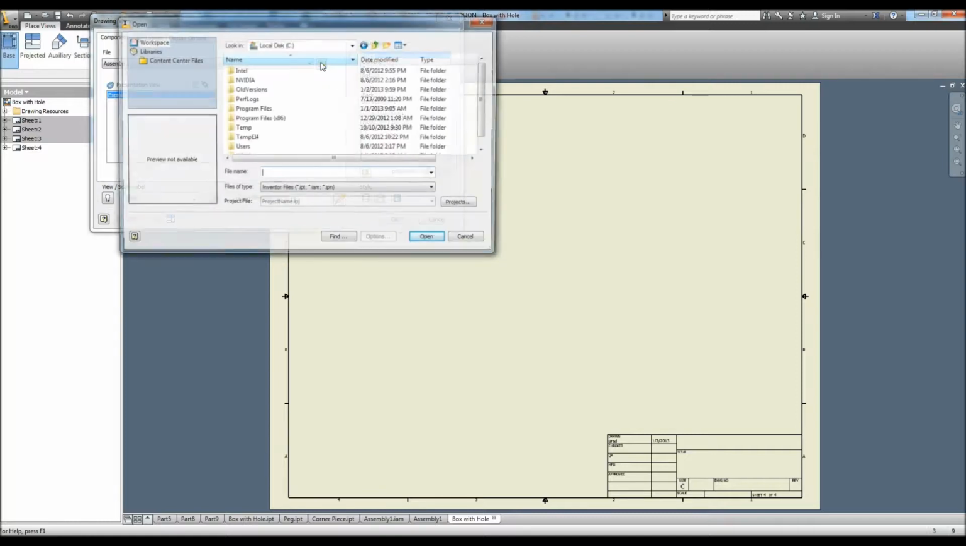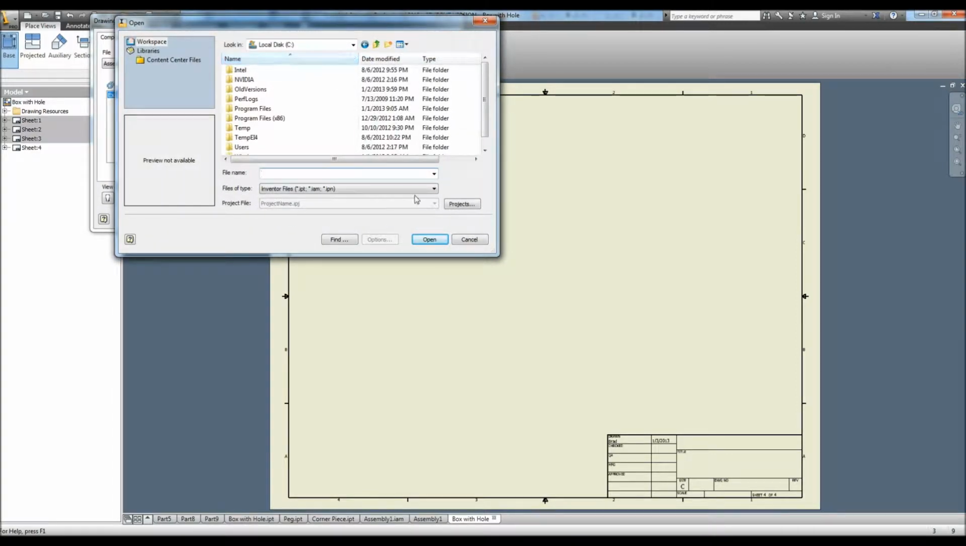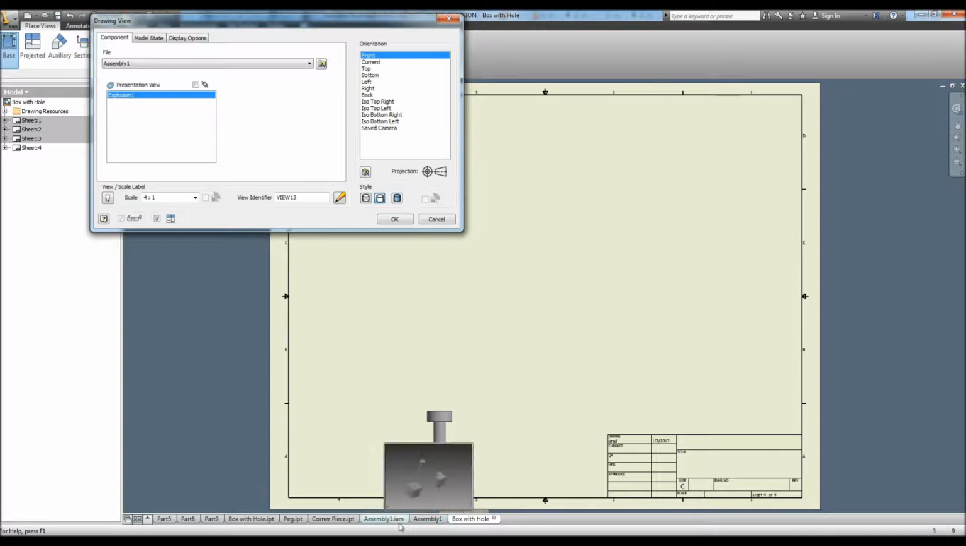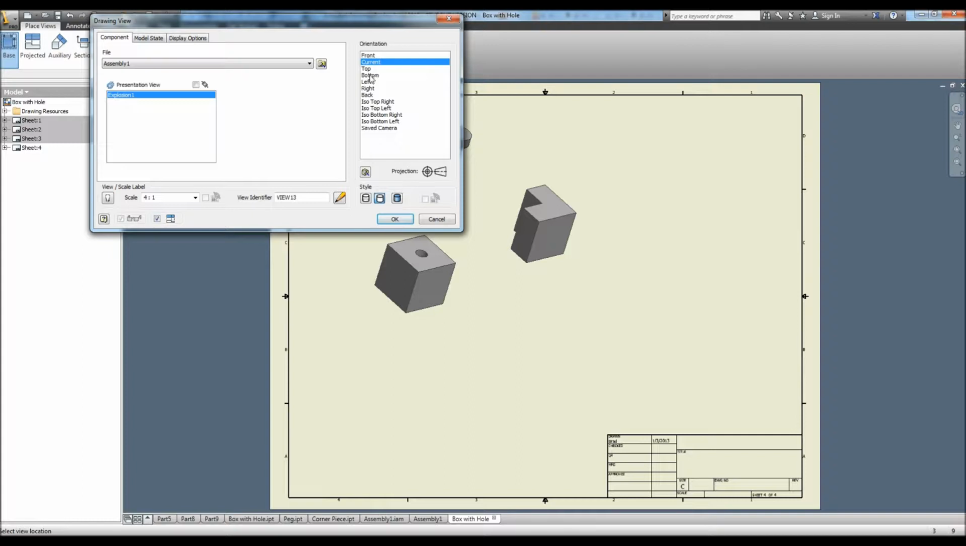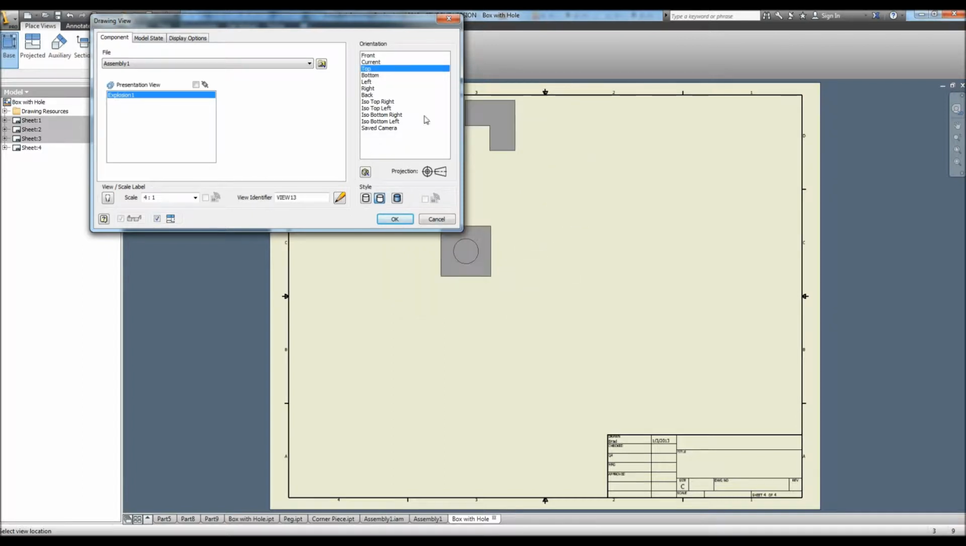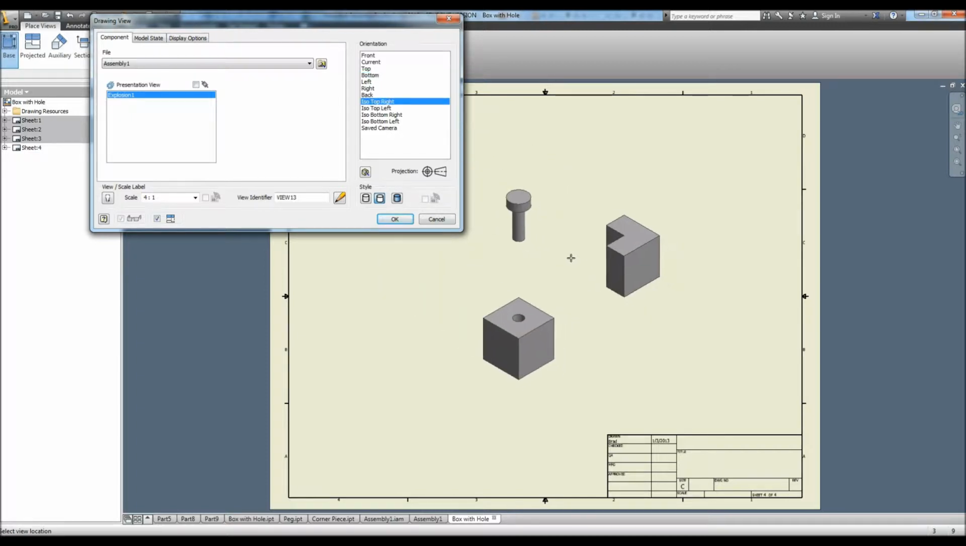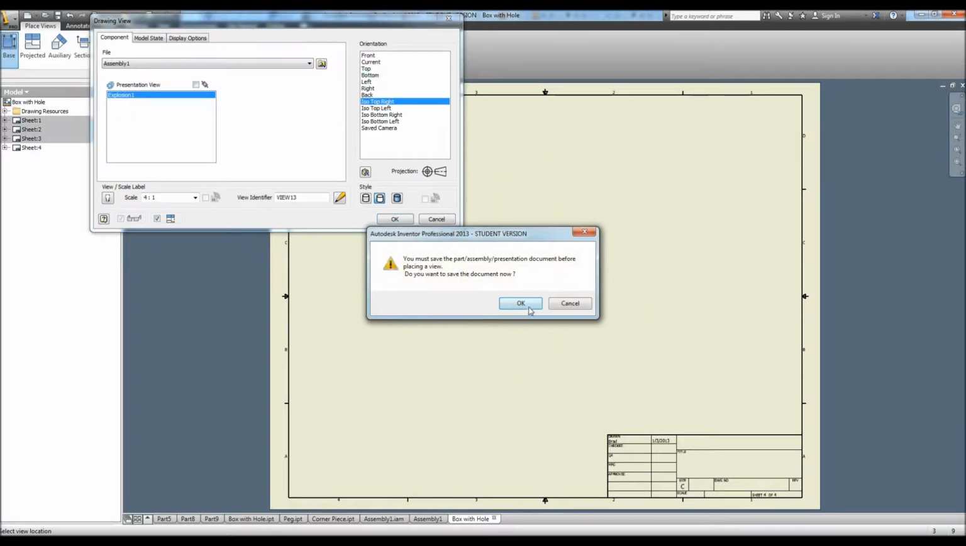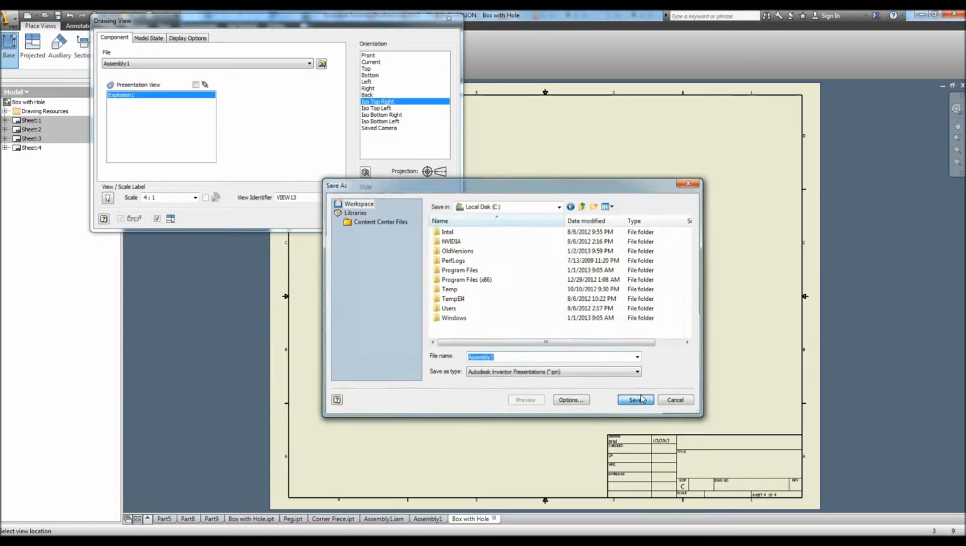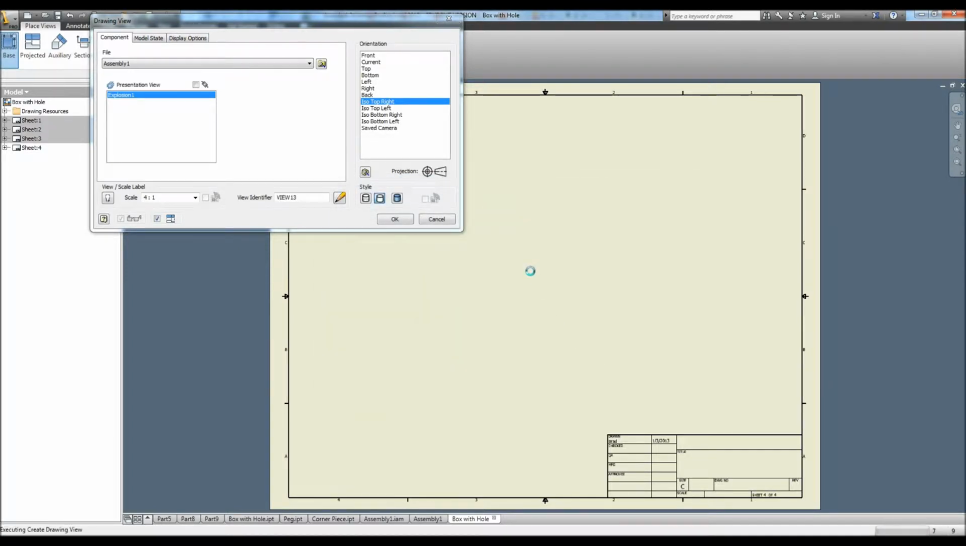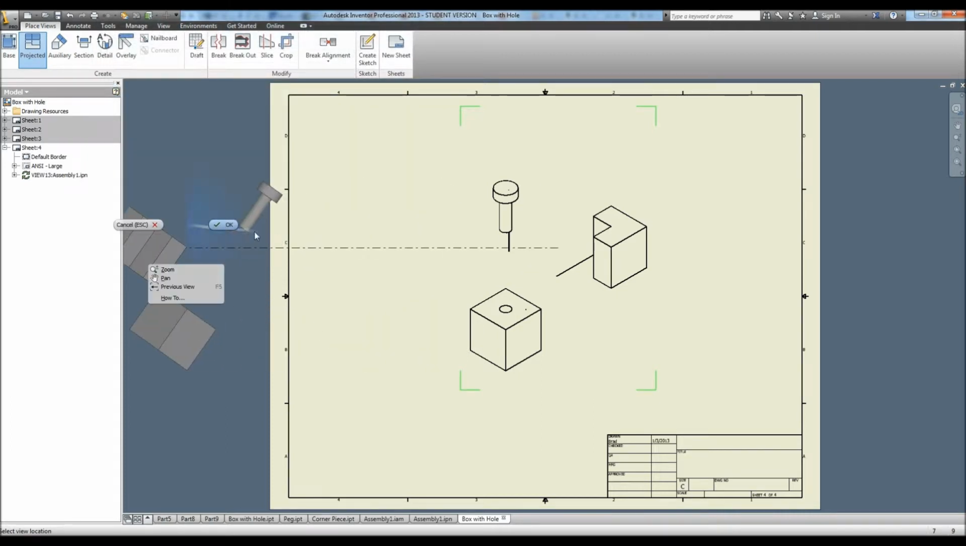which I'm going to have to search for. Alright, so there's my presentation, and I'm going to change the view around just to get the best view of all three parts, and I'm going to just simply click that and place it right in the middle there, and then right click and hit OK, and that puts our parts, the three parts